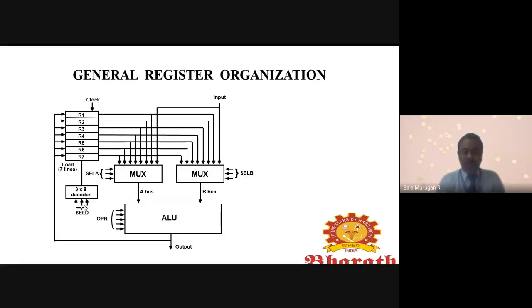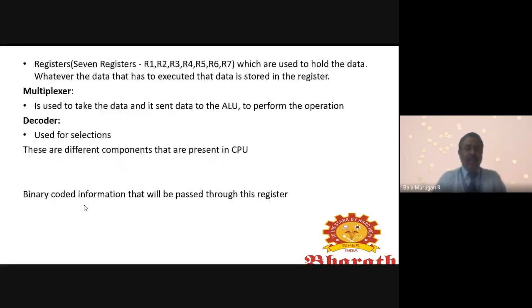Here, binary coded information is passed to these registers.